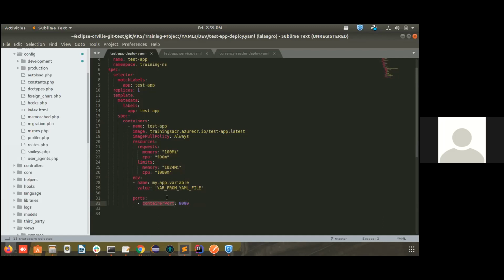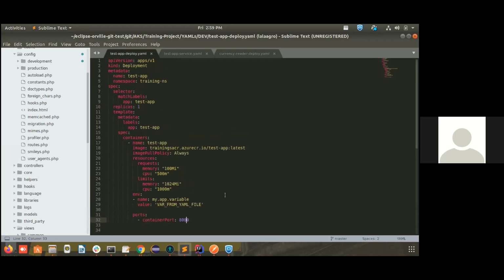So the Kubernetes service, there is a service YAML or service descriptor I have mentioned earlier, no? That service will be accessing these Kubernetes ports through this port only. So this is how a deployment descriptor looks like. Any doubts here? So this is a simple descriptor. You can do much more with a deployment descriptor, but I have made it very simple for your understanding and for the ease of training.